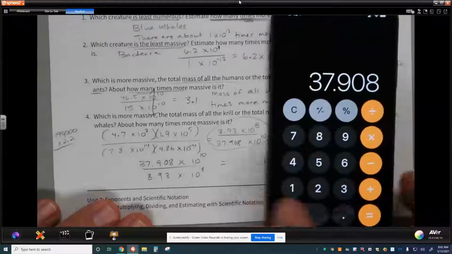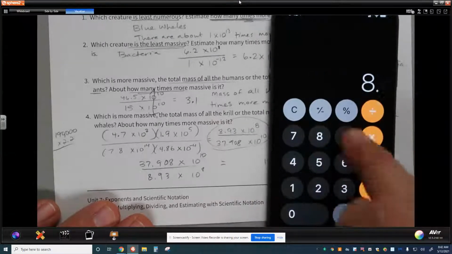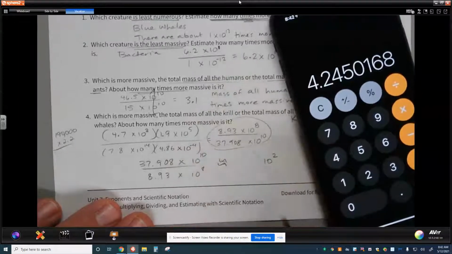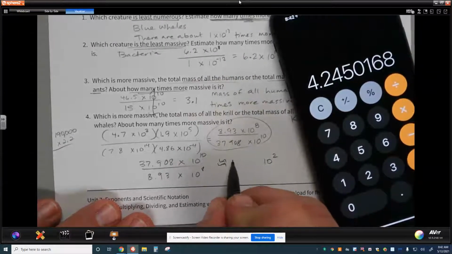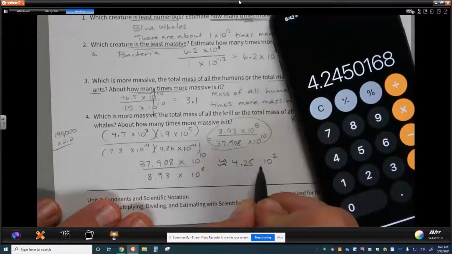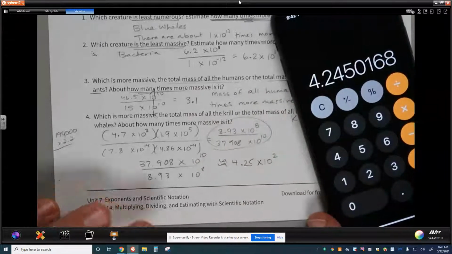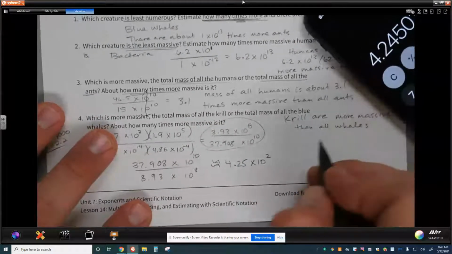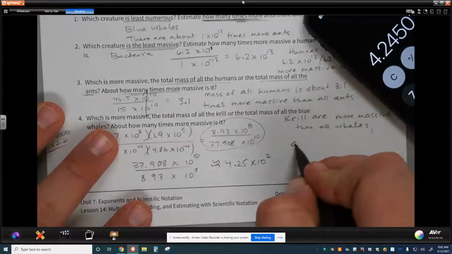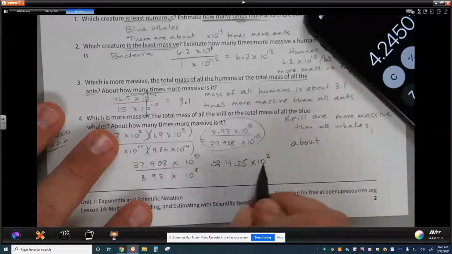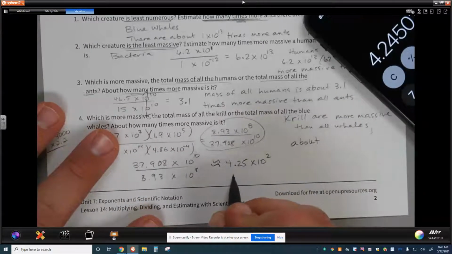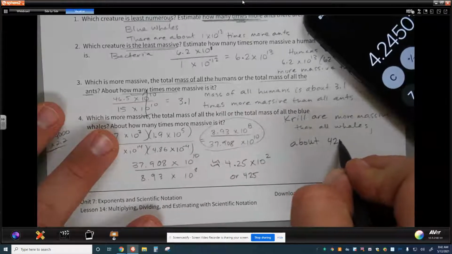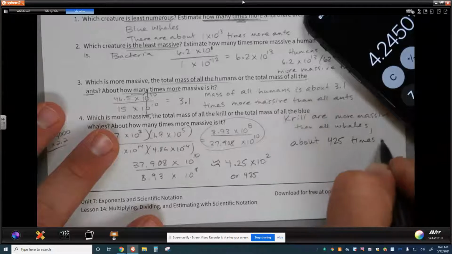And then I do this next part, divide by 8.93. And I can go ahead and round this, but when I round it, I want to say approximate, squiggly equal signs. Approximately 4.25 times 10 to the 2nd power. When we interpret this, it says about how many times more massive it is. We can say about, we want to simplify this, 4.25 times 10 to the second power is 425, about 425 times greater